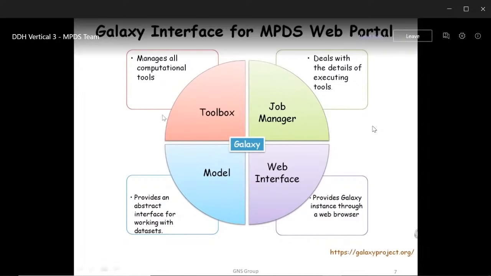It has four sections: toolbox, job manager, model, and web interface. The toolbox manages all computational tools. The job manager deals with the details of executing tools, and the web interface provides Galaxy instances through a web browser, so it can be accessed globally. And the model provides an abstract interface for working with several types of data sets. So this is the flexibility of the Galaxy portal, and that is why we have used it for development of MPDS